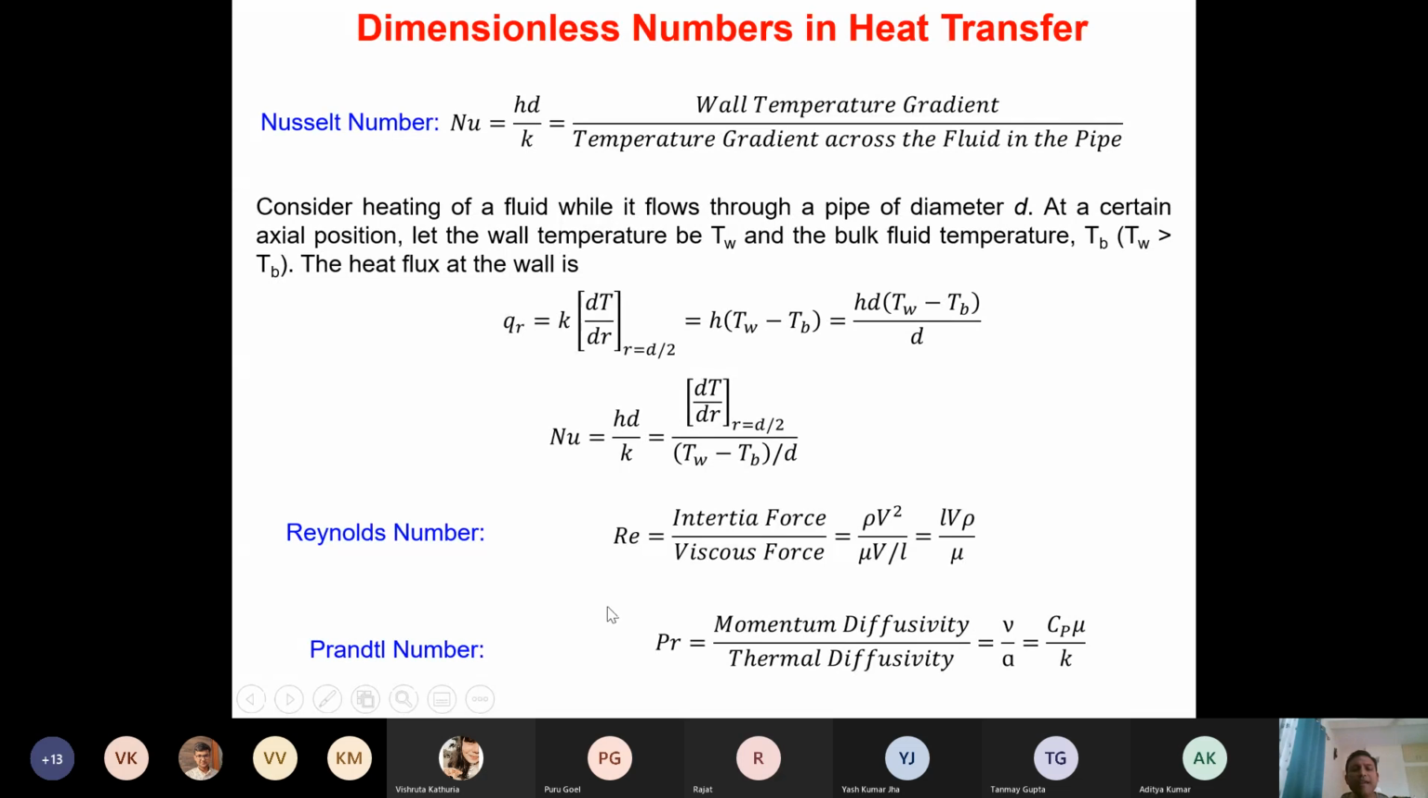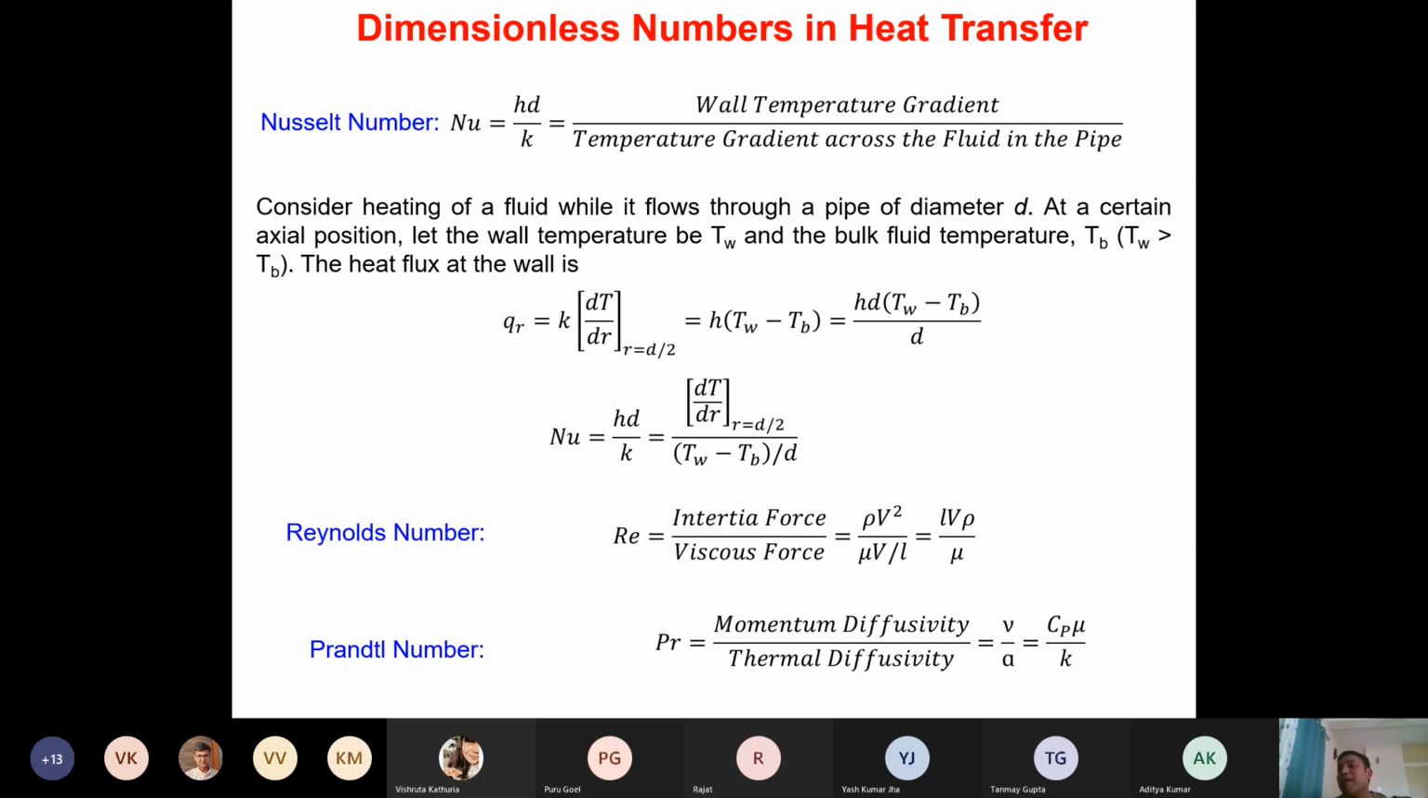Prandtl number again is a ratio of momentum diffusivity to thermal diffusivity, isn't it? So momentum diffusivity in this case is nu, that is nothing but the kinematic viscosity, which is viscosity divided by density, and thermal diffusivity is K by rho Cp. K by rho Cp, isn't it? So if you put it here, what we get is Prandtl number is given as Cp mu by K. Cp mu by K. So the physical significance here is, this gives me the information that